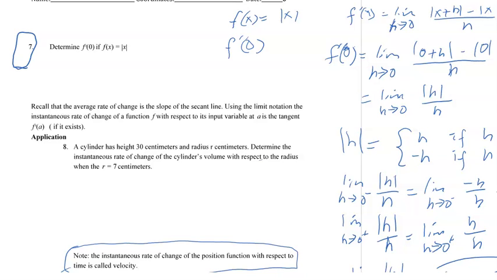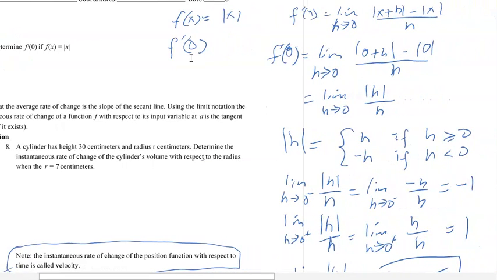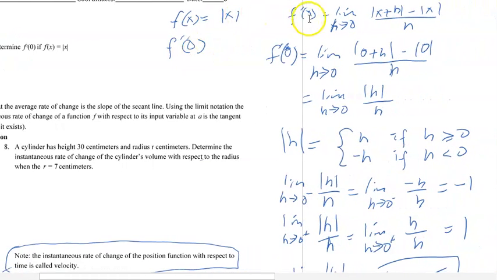Hello everyone. Let's continue our discussion of derivatives by looking at a couple of examples. Here we're asked to determine f prime of 0, if f of x is equal to the absolute value of x. Now f of x equal to absolute value of x means that f prime of x will be equal to the limit as h approaches 0 of the absolute value of x plus h, minus the absolute value of x,